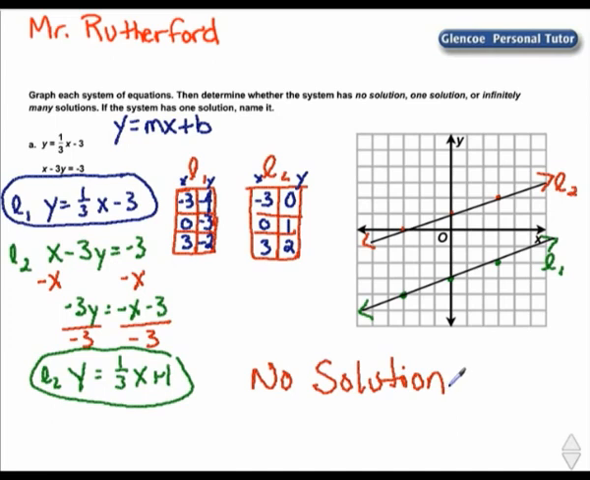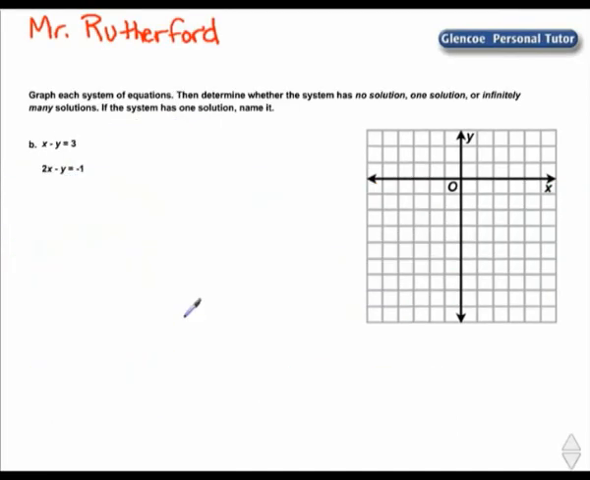B. x minus y equals 3. 2x minus y equals negative 1. As in part A, we need to rewrite these equations into slope-intercept form. So our line 1, which is written x minus y equals 3, we need to rewrite this, so I will